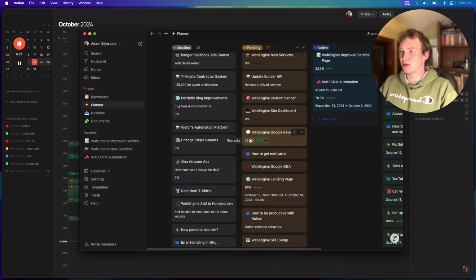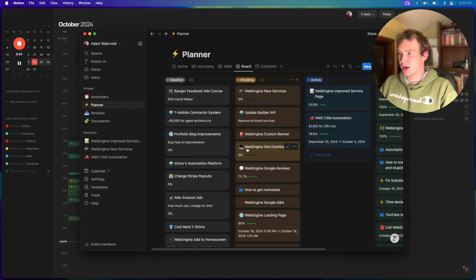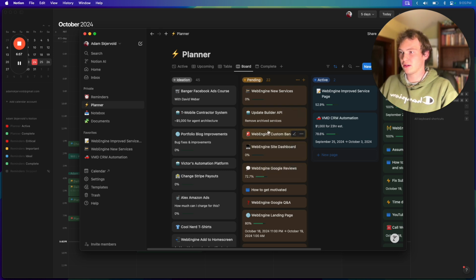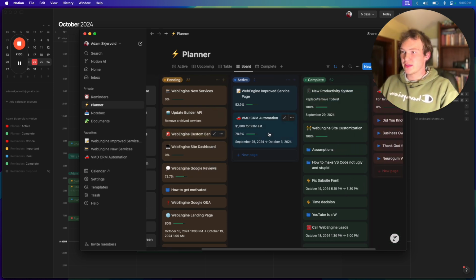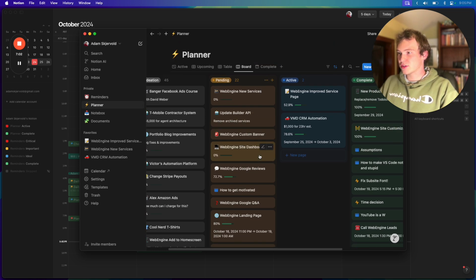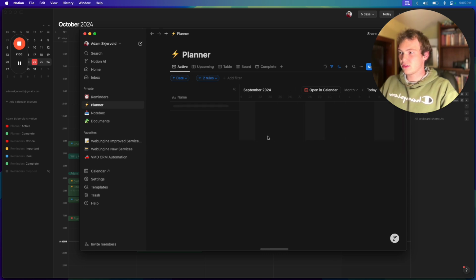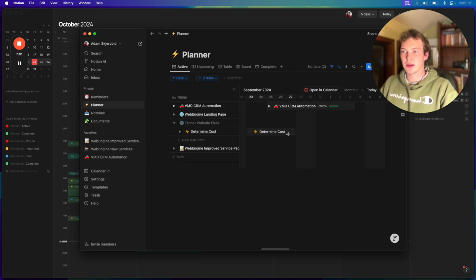Then we come over to the planner. You could call this projects, but since I do content sometimes in here, I call it planner. And this is nice because this allows you to do, I think you call this a Gantt chart thing. So I don't know. See, this is one of the things with Notion. This is still loading. It just takes a minute, and you know, oh well.